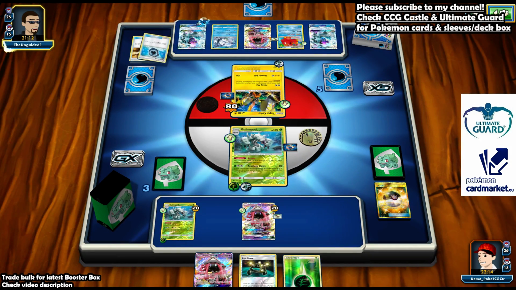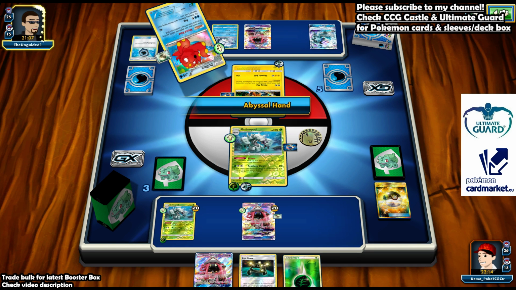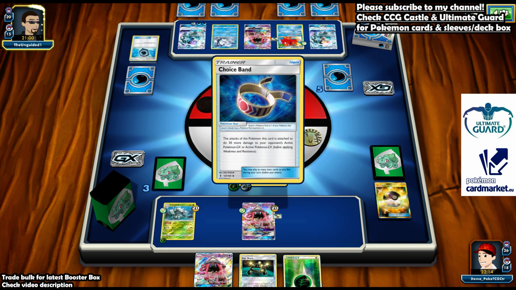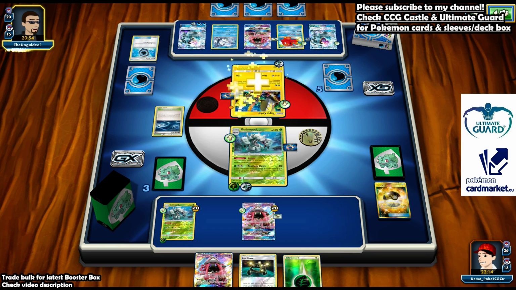Okay, so first Aqua Patch, and he has an Abyssal Hand. Oh, there's a second Aqua Patch. So my Golisopod is knocked out. There we go. He is just part of the story, part of the history here. Let's say it better: Golisopod is part of the history. There is also a Choice Band and the Rough Seas,